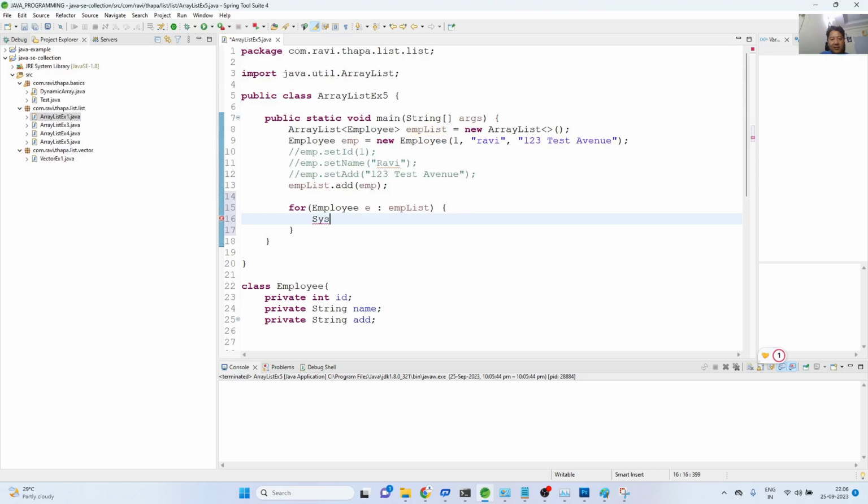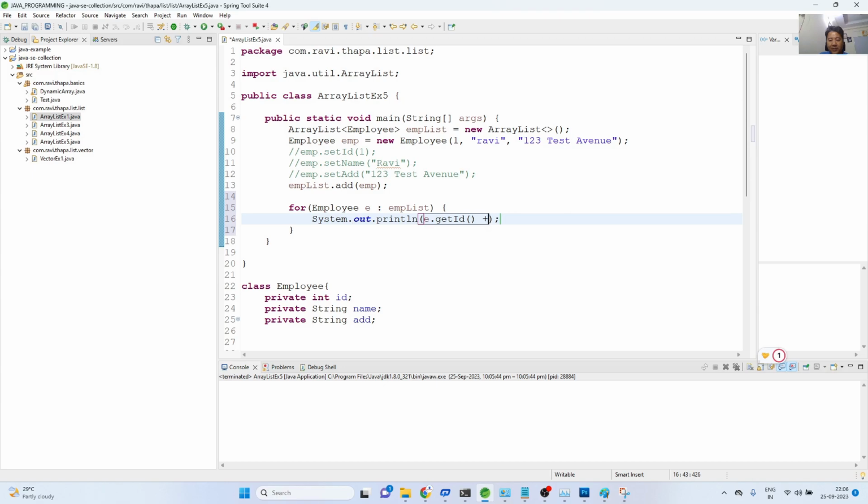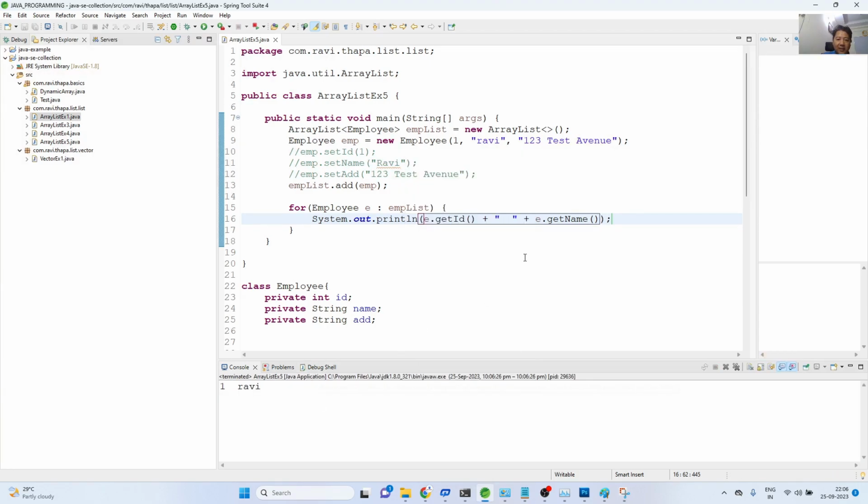And I will say sysout, Ctrl+spacebar, and e.getId plus space plus e.getName, right? If I run it, it will print the id and the name, or I could print the address as well. So I will say e.getAddress,